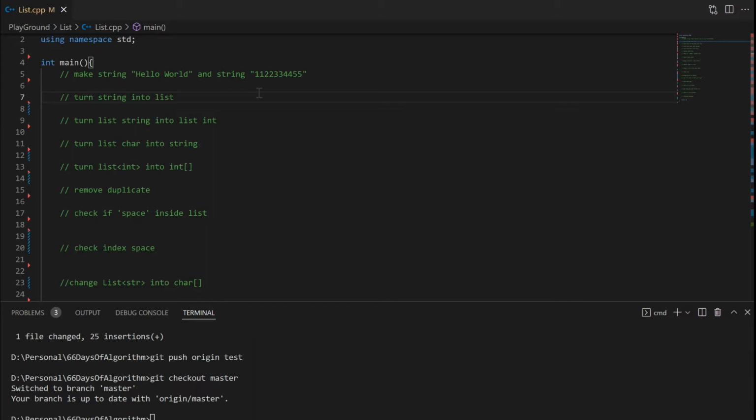string "hello world" and string "112225" and turn it into a list. After that we're going to turn the string into a list of integers, and after that we're going to turn the list of char into a string, turn the list of integers into an array, and remove duplicates, check if a space is inside the list or the array, and then we're going to check the index of the space. But before that we're going to